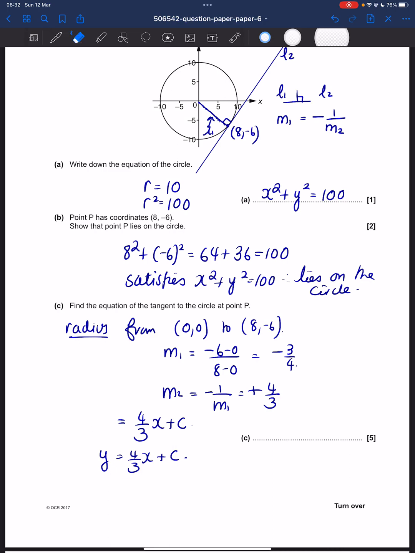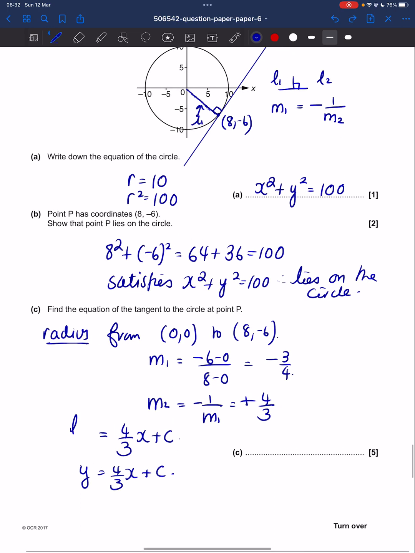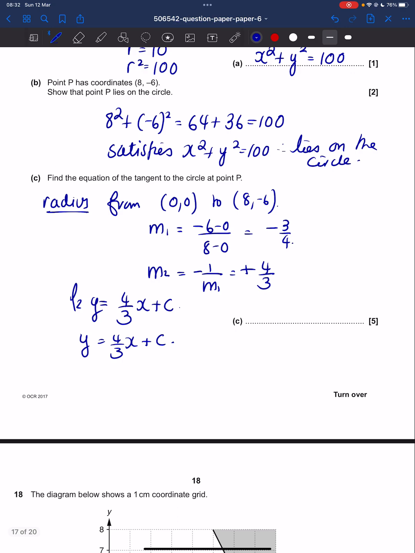A bit more typical notation: L2 is y equals 4/3 x plus c. So to find the c, we've got to substitute, and x is 8, y is minus 6. So minus 6 is 4 times 8